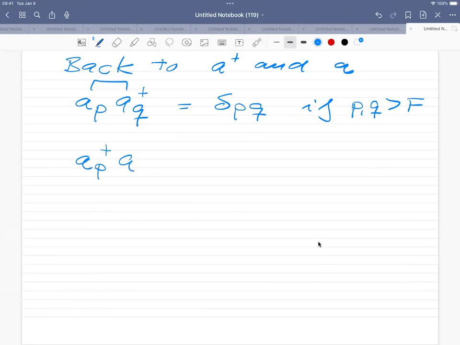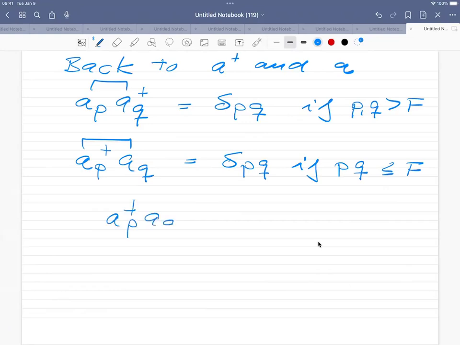But now, with respect to the new vacuum, this is possible if P and Q, both of them, are lower than the Fermi level. And you can see that now, because if I take the expectation value of this quantity here on the vacuum state,